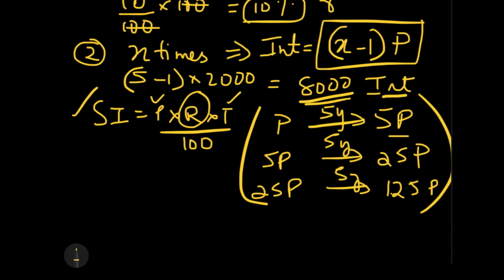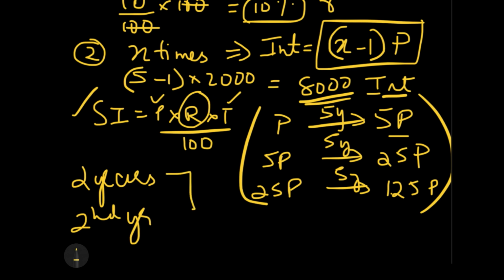Now, there is a very important piece of information which I want to give you regarding reading these questions. If they write 2 years, then 2 years is different from the second year. So be very precise in understanding whether you have to calculate the interest for 2 years or just for the second year. This is somewhat of a verbal ability question I am discussing. So take care that in the question they are either asking you 2 years' interest or exactly the second year's interest.